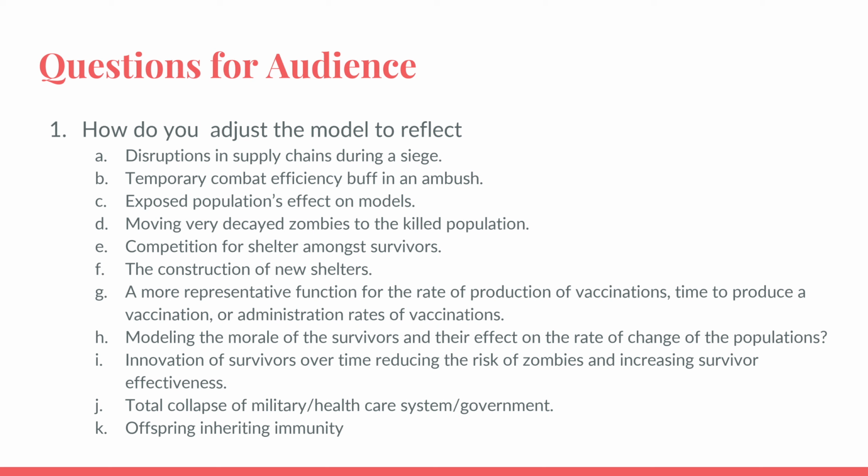I want to leave the audience with some questions in regards to these models. How would you adjust the models to reflect the following? Disruption in supply chains during a siege, temporary combat efficiency buffs in an ambush, exposed populations' effect on models, moving very decayed zombies to the killed population, competition for shelter among survivors, the construction of new shelters, a more representative function for the rate of production of vaccines, time to produce a vaccination,